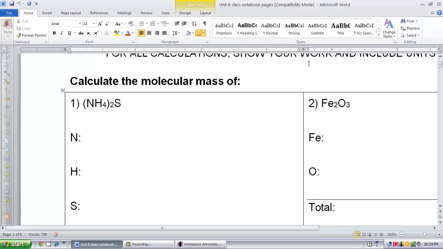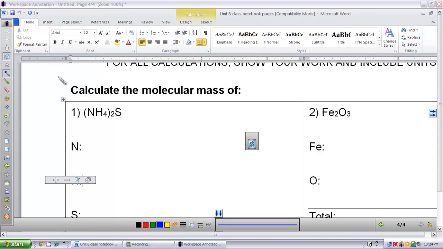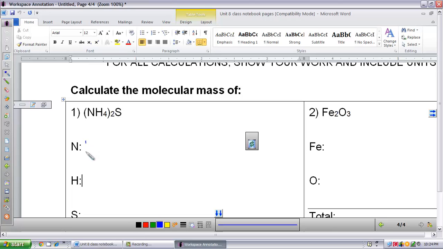Okay, the first thing we want to do is have a periodic table handy so that you know the molecular mass of each one of these elements. Since this whole compound is not on the periodic table, you're going to want to use each part of it, and then add them up and find the total. If you look on the periodic table, nitrogen is 14.007 grams in a mole, but there are 2 nitrogens in this compound. This 2 outside the parentheses needs to be multiplied. So when you use a calculator, you get